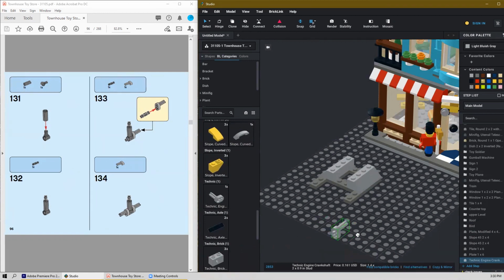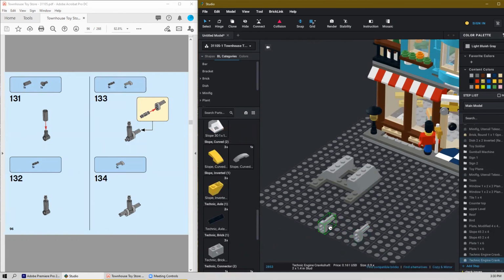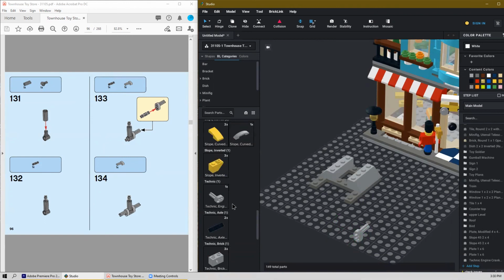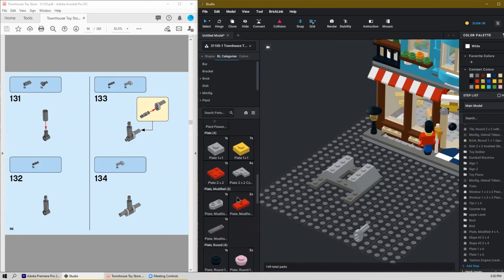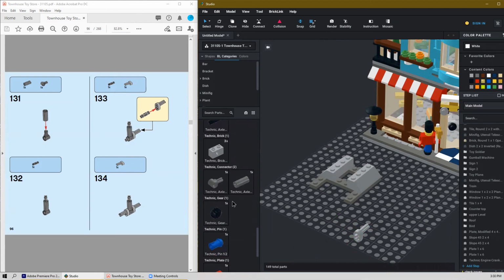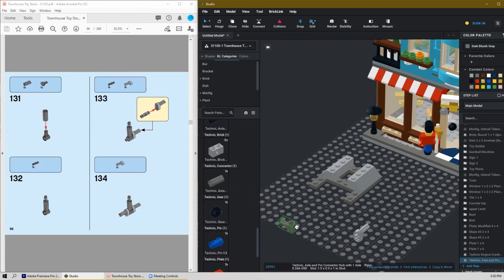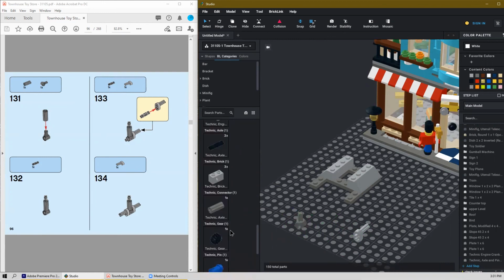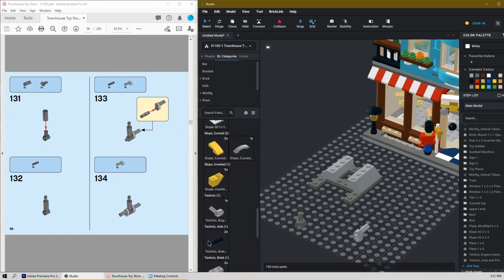That, I think. So this is going to be slightly complicated. The Technic stuff is always a little trickier to work with, to get things lined up. I have to figure out the best way to go about building this together. So that goes like that. I need to get an axle though. I've had a little experience with it to get it to work right, but like that, and then we build it